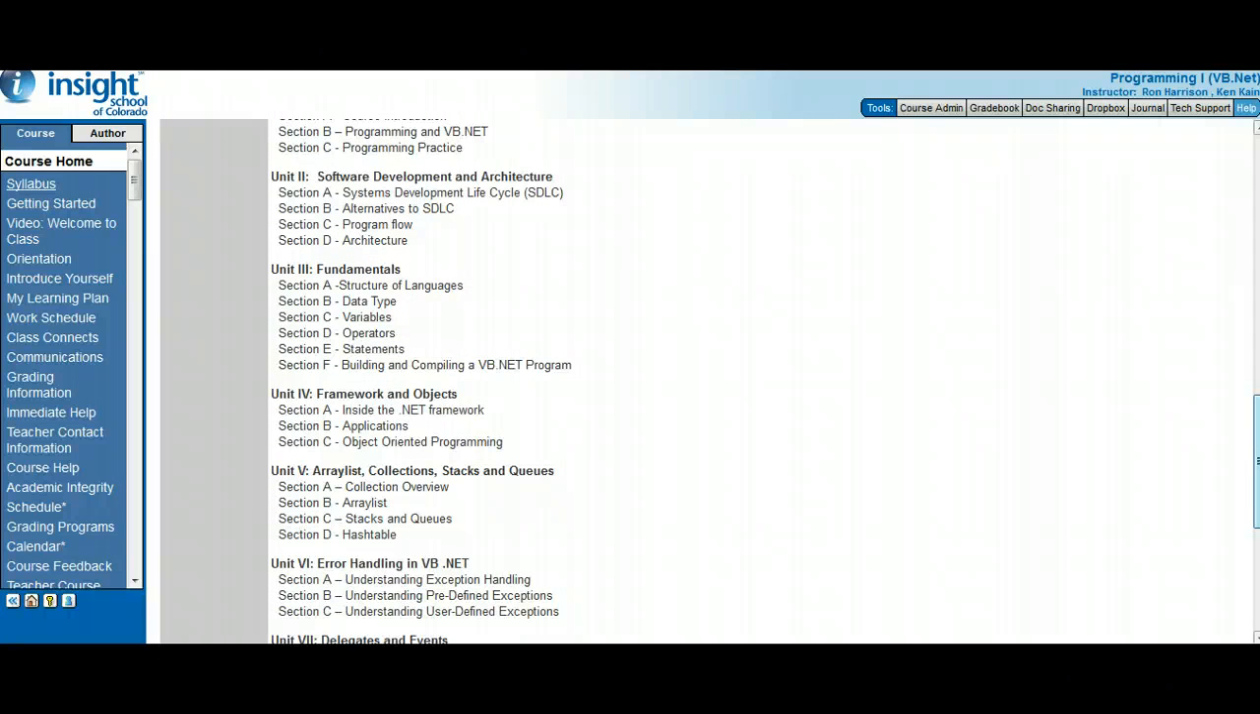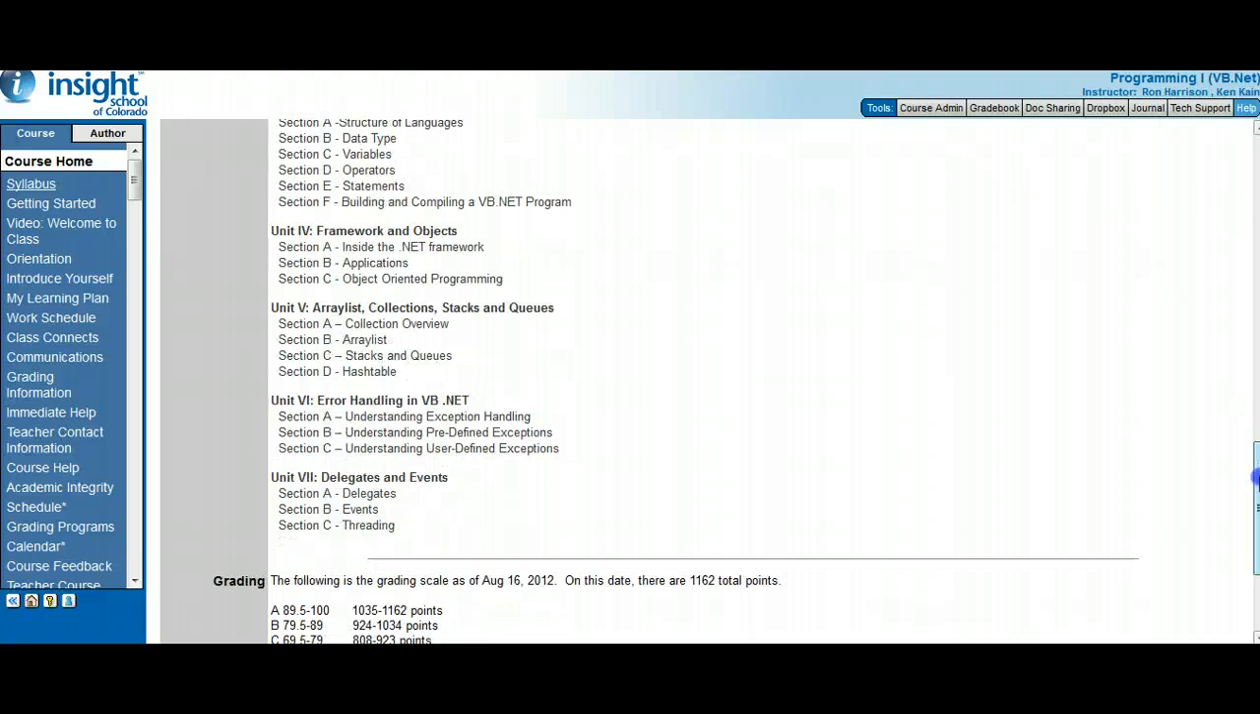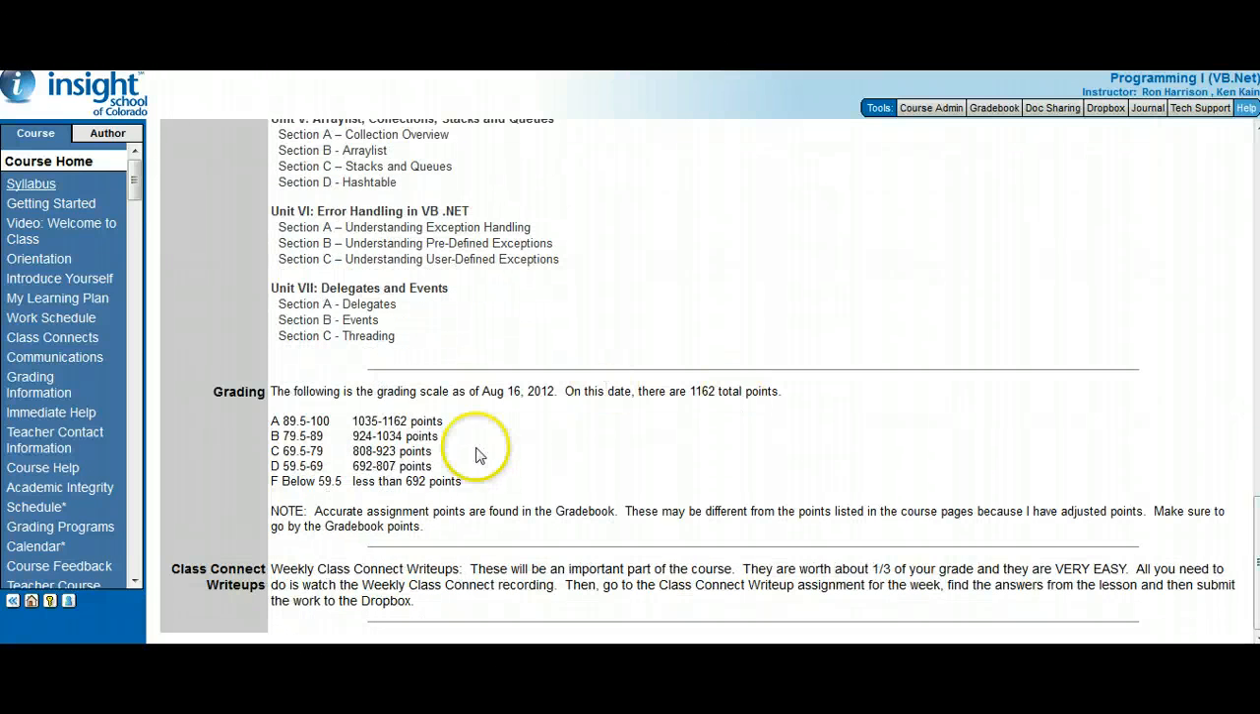There are different units in the course. You can see there are about 7 or 8 different units, and they all cover specific topics within programming. Then finally, the grading for the course. As of now, there are 1,162 points. Now that could change, because as you know, sometimes we can go in if we feel like we need to